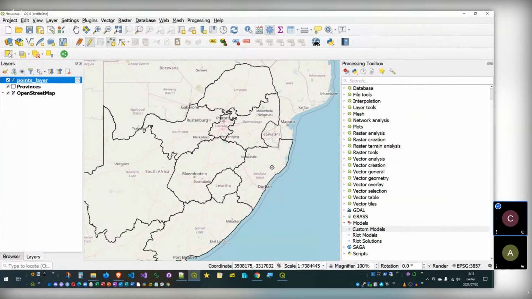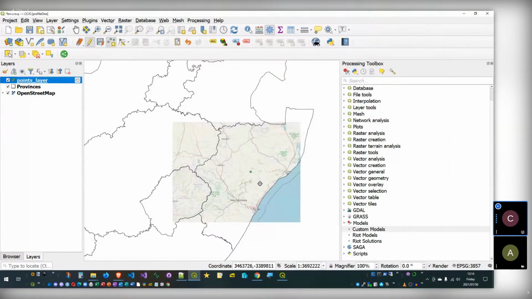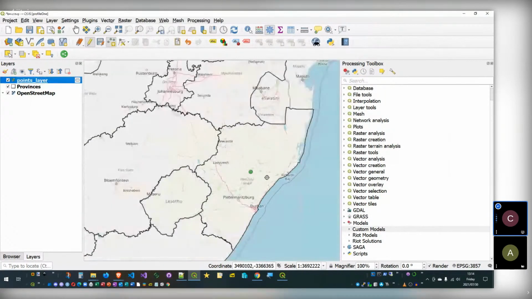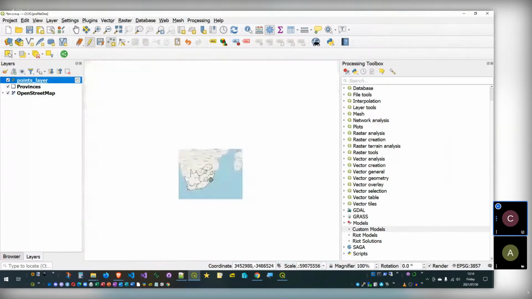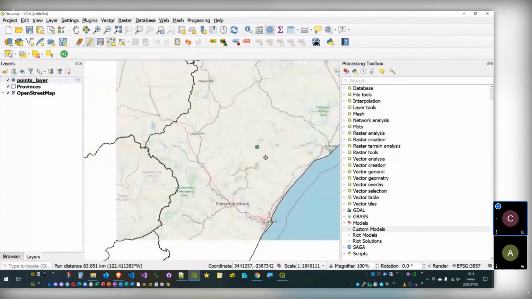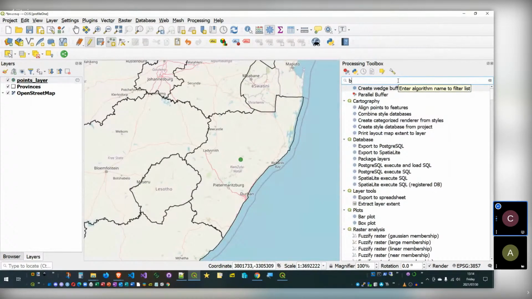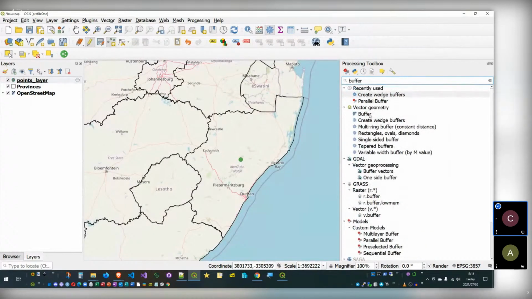Anyway, so basically, if we create a point, make it not such a horrible dot. There we go. So I live here in KZN, KwaZulu-Natal, South Africa, which is why you can see that that's where we are on the map of the world. I don't quite live in the center of it, but I'm going to place a point there, and then I'm going to perform a buffer operation. So if you're not familiar with existing QGIS tools for some reason,